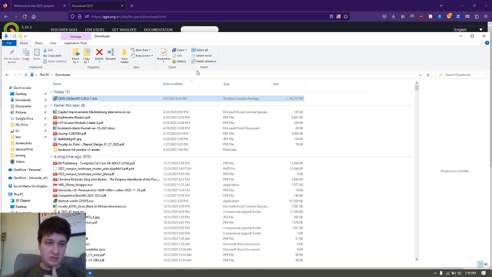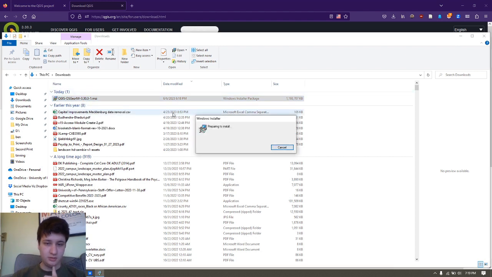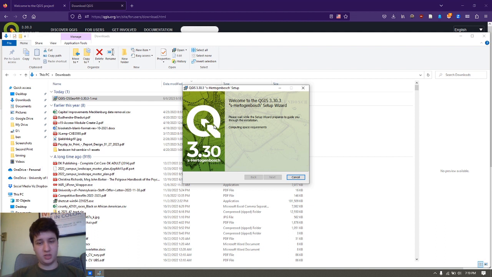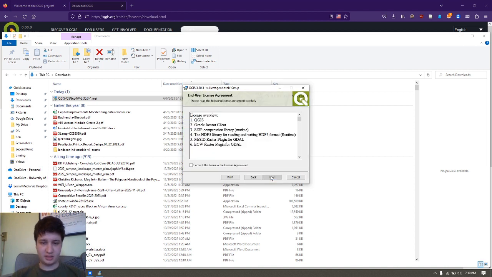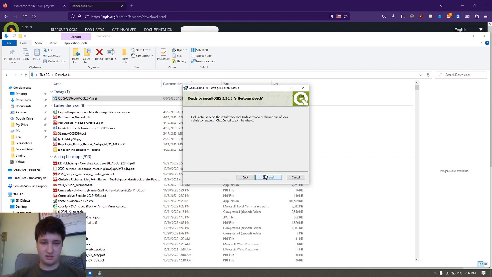Okay, so now in your downloads folder you should see the installer has been downloaded and you can run this installer. And the first thing the installer is going to do is decide if you have enough space on your computer to install QGIS. So it's decided I have enough space, so I can click next, accept the license agreement, next, next, and now